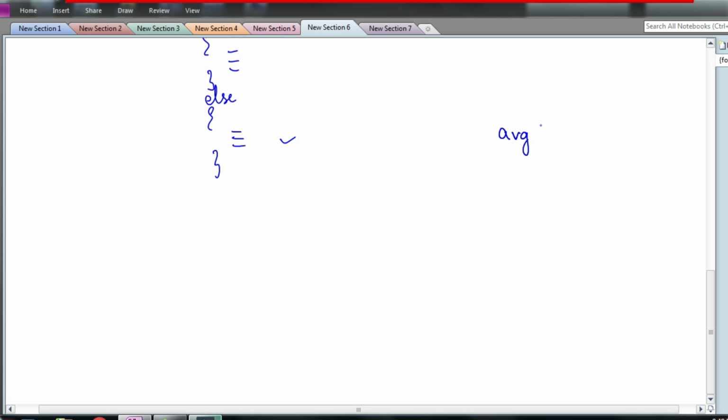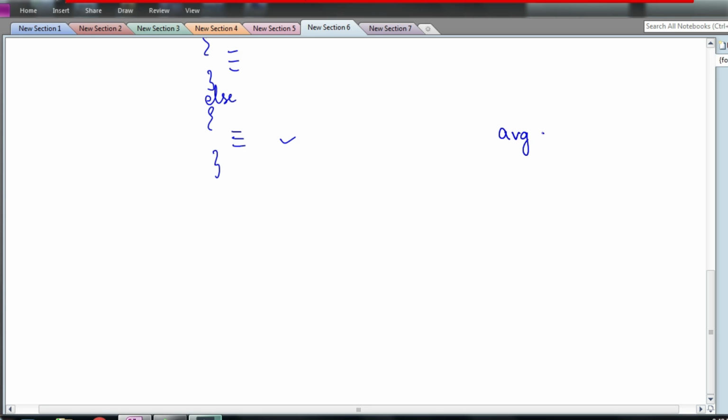Already we have a couple of videos now. I'll be uploading more videos on how to solve a given program, but right now this is a set of instructions used to determine the grade of a student. I am not writing the actual code where we ask the user to enter marks and then we calculate the average. That I am not writing. We will assume all that is ready, all that is done.